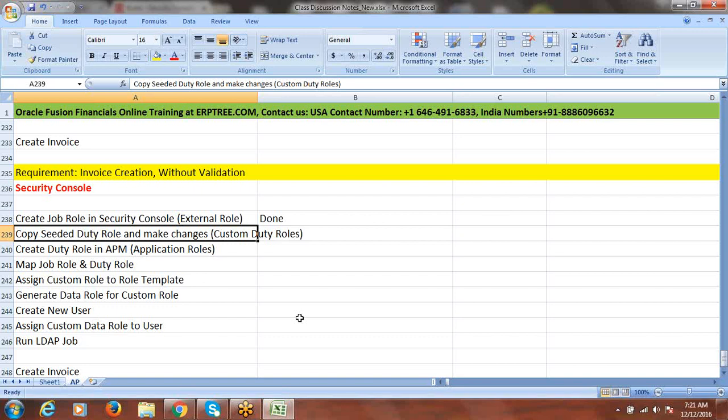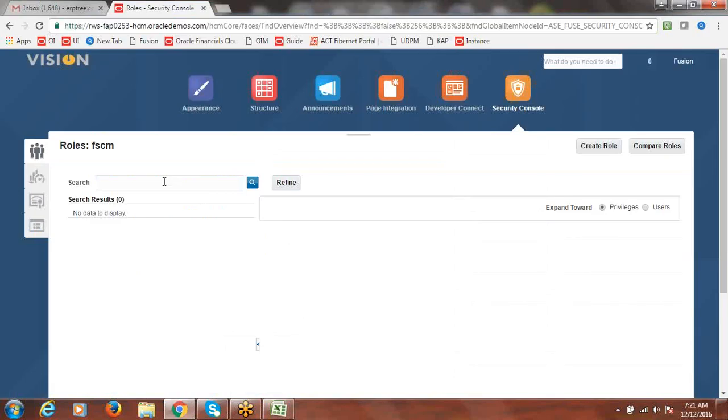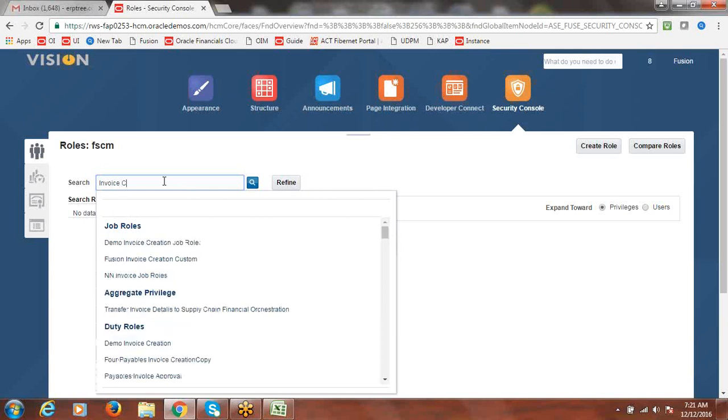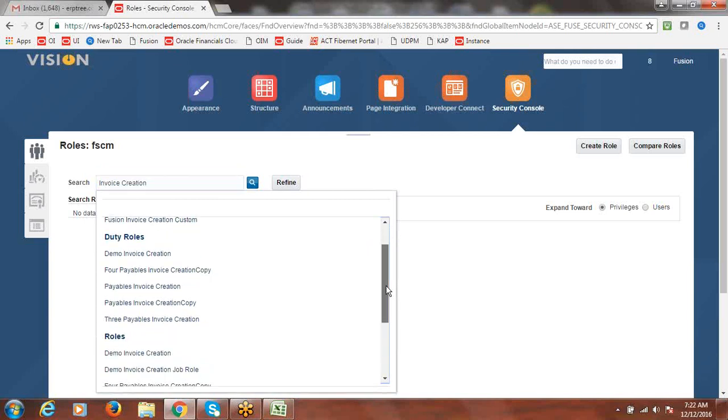So for that reason, the seeded one you cannot go and make any changes to. You should not do that. The only option is to go with the copy. The seeded duty role you have to copy first. We'll go on to copy it. So here say invoice creation, payables invoice creation.